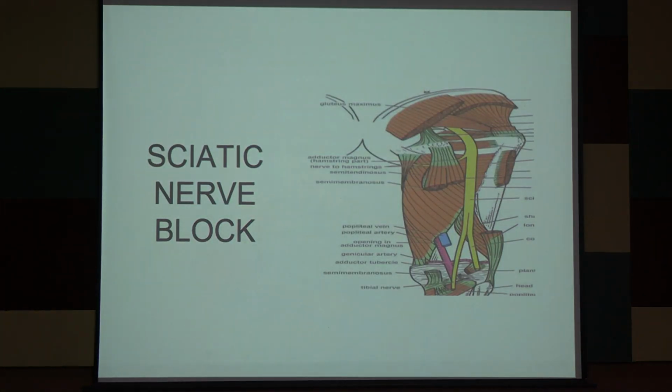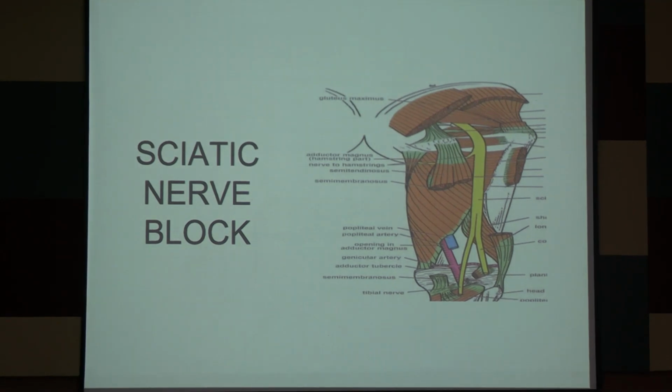Coming to sciatic nerve block. Sciatic nerve, as I told you, comes out of the sacral plexus. Then it leaves the pelvis through the greater sciatic foramen. It travels on the posterior surface of the gluteal region and the posterior surface of the thigh. Just before the popliteal fossa, it divides into two branches, tibial nerve and common peroneal nerve. Tibial nerve will be supplying the lower part of the leg. Common peroneal nerve will be supplying mostly the lateral aspect of the leg.